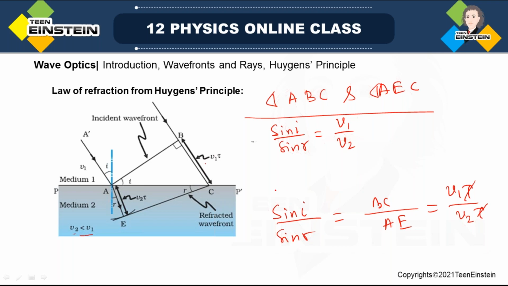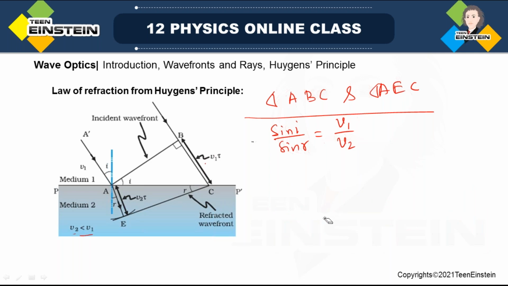Let me tell you one thing here. If you want to find Snell's law, n1 sin theta 1 is equal to n2 sin theta 2, then you can use the refractive index: n1 is equal to c by v1 and n2 is equal to c by v2. So if you put the value of v1 equal to c by n1, and v2 equal to c by n2,